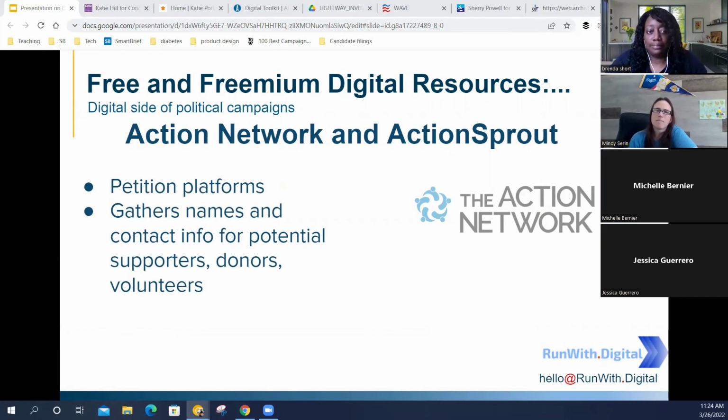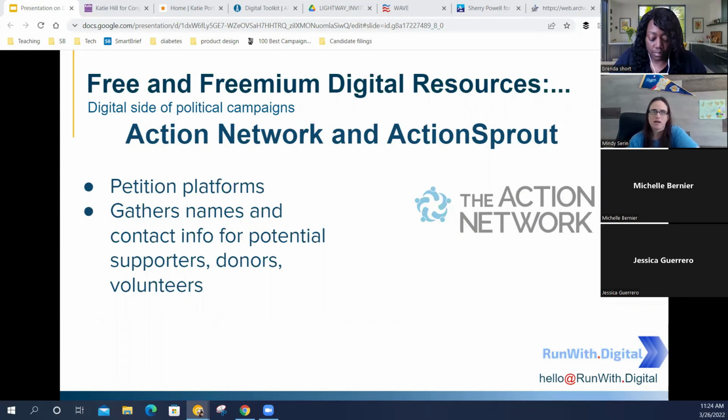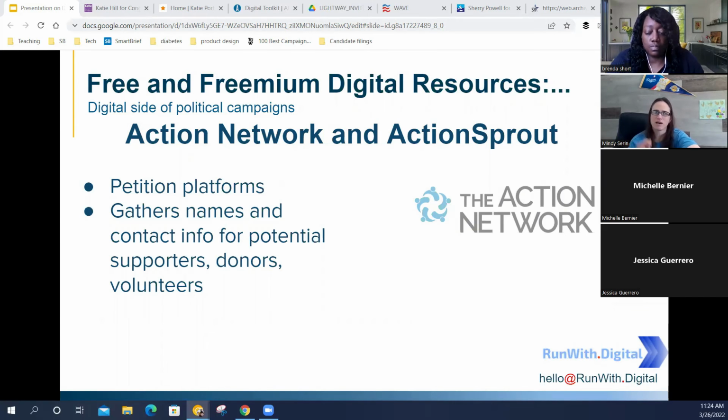Basically, it's a petition empowering tool that individuals and groups use to organize for progressive causes. So you can put up an ad, maybe about your opponent. The ad could say, sign this to send Jerry Jones to his retirement. Or maybe there's a cause, and your ad could say, sign this to get hospitals the much needed gear. So not only do the petitions demand action, such as getting hospitals the gear that they need, but you also have a list of names and contact information for potential supporters.